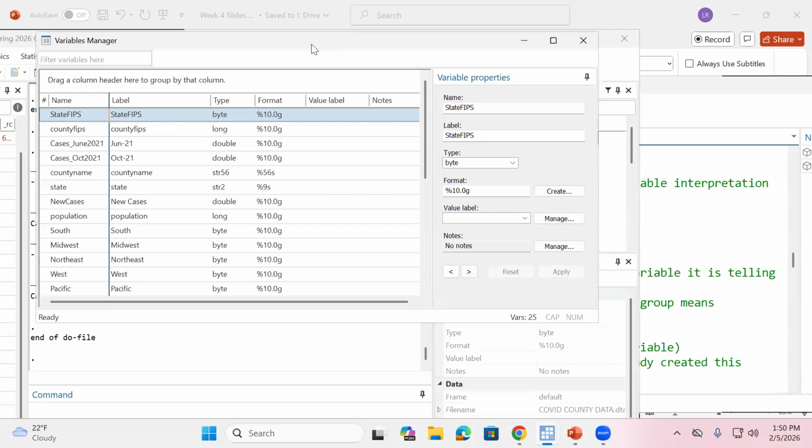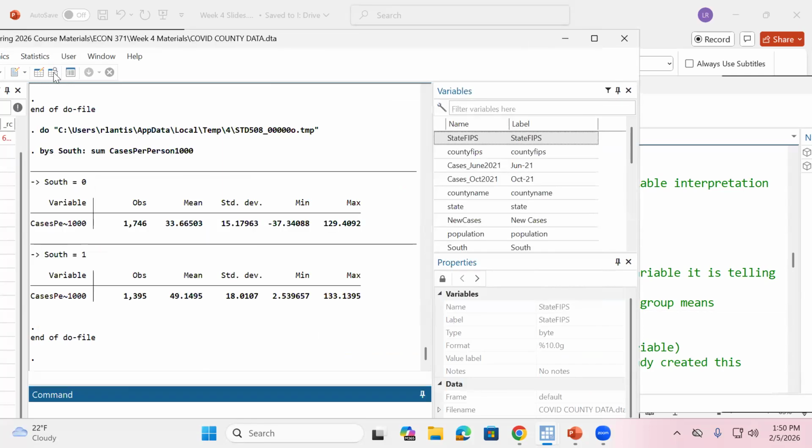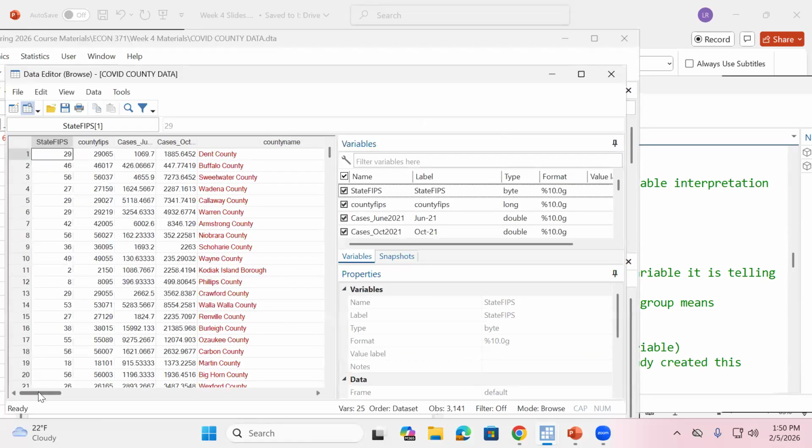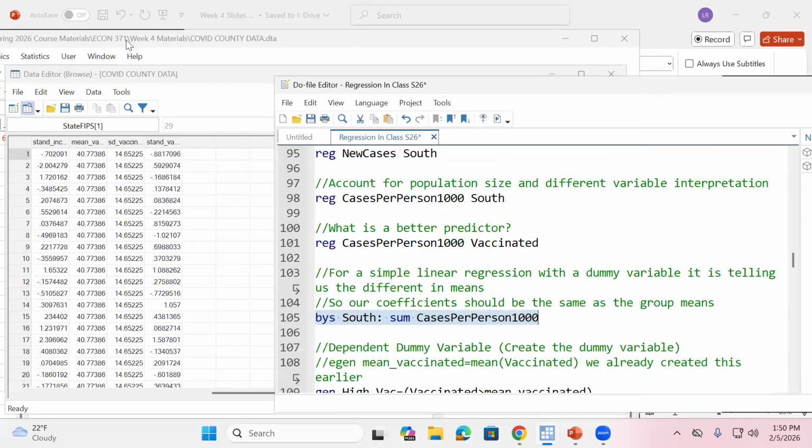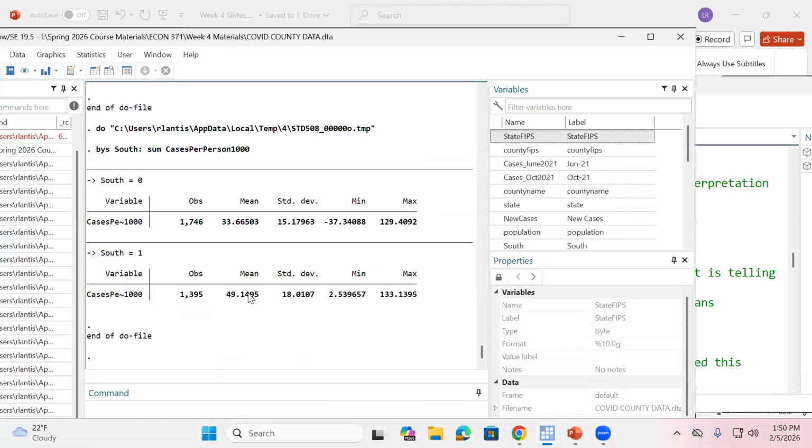Oh, I clicked the wrong thing. Hold on. I can look at the data and this variable I created. Oh, did I not run it? Hold on. We got too many things going. Oh, here, I got the reported values right here, right? I forgot. I didn't create a variable. I just summarized it, right? I could have created a variable as well and looked at the data set. Here, I just summarized it for you to make this point.